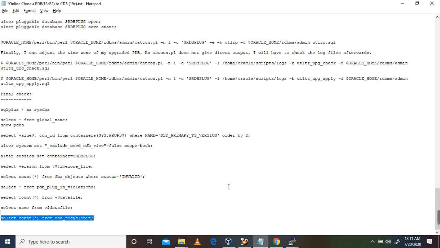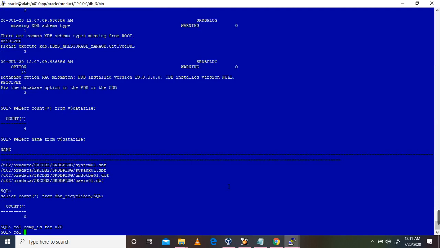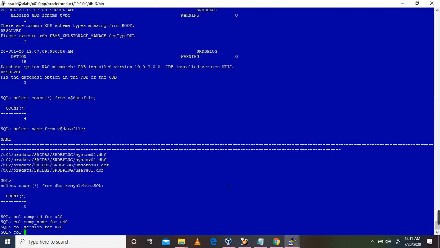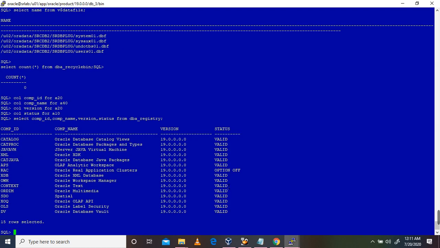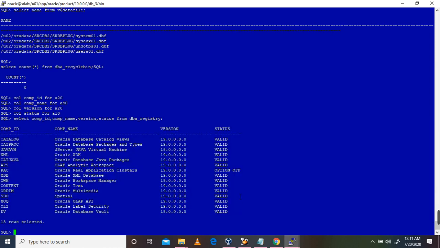So one more thing we need to verify, the comp_id. You can see all the components have been upgraded to 19c.